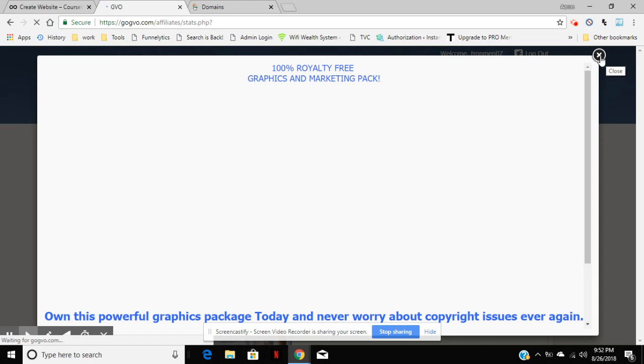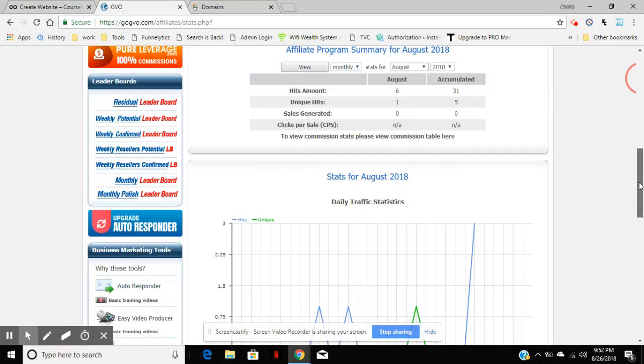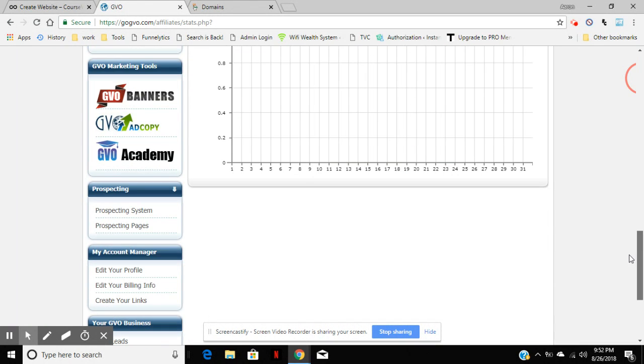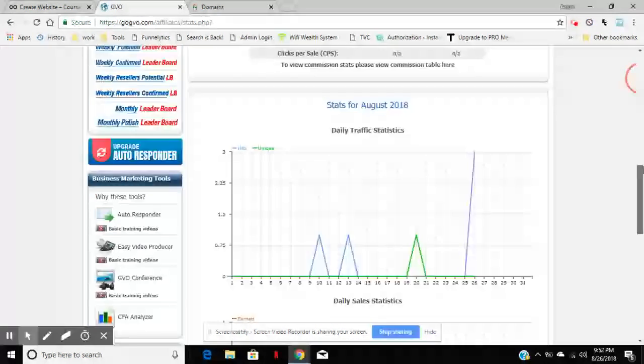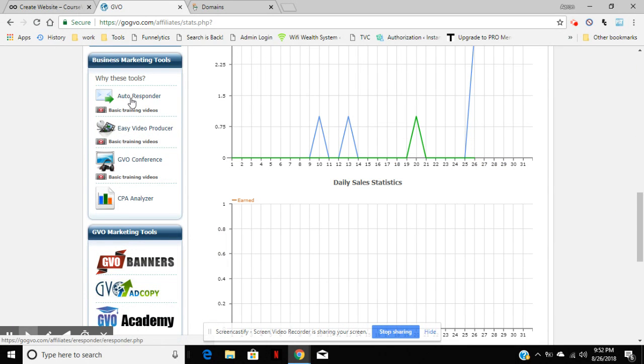You're going to come up with a little pop-up like this when you get into it. And it's going to look more like this. When you come on the inside of it, you're going to see a lot of information. You're going to have an autoresponder system that you're already going to have. You're going to be able to put your videos in here and host your own videos, which is perfect if you're doing video marketing, or training courses, those types of things.